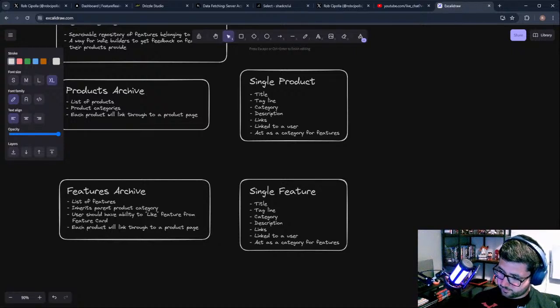Now the single feature is, let me take my headphones off, nothing's actually coming out of them. Single feature, so the single feature is going to have,